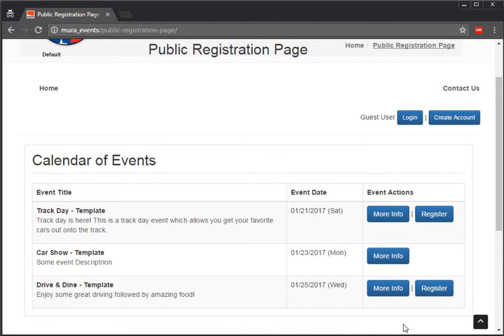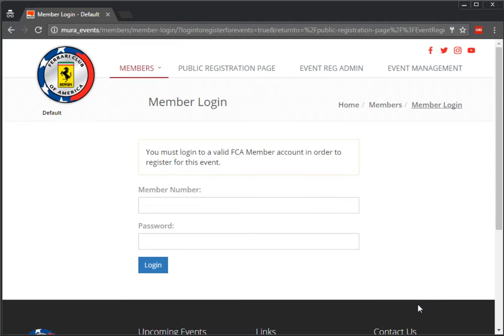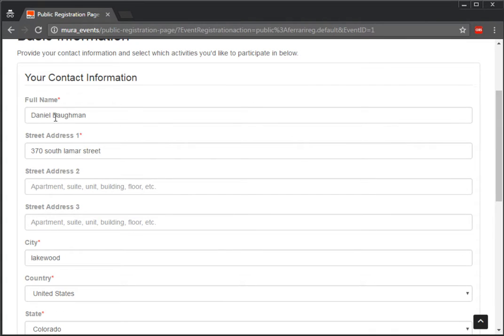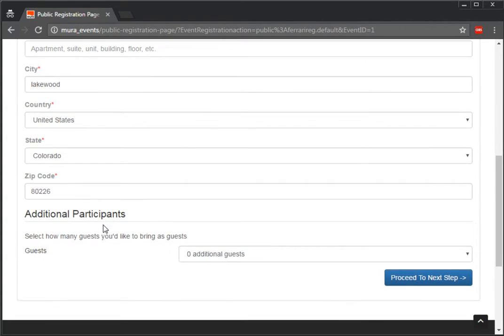I'm going to go ahead and click on register for the Drive and Dine event, which is just one of the templates we're using. Because it's a members only event for registration, there are no guests allowed. I am prompted to log in once I've clicked register, and I'll go ahead and do that. Okay, it whisks me back to the registration page where the information is pre-filled from my member account,